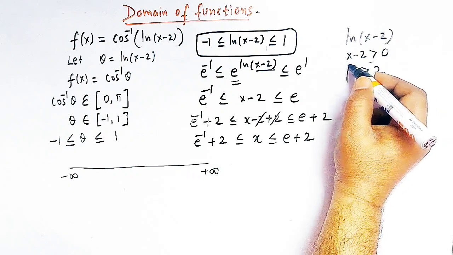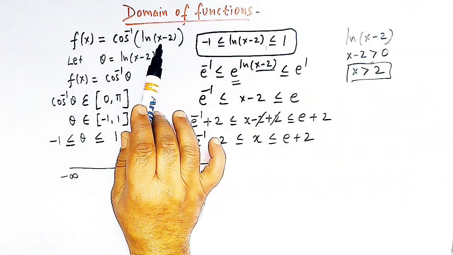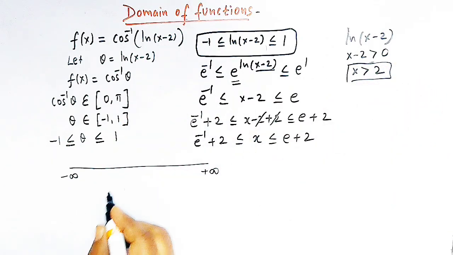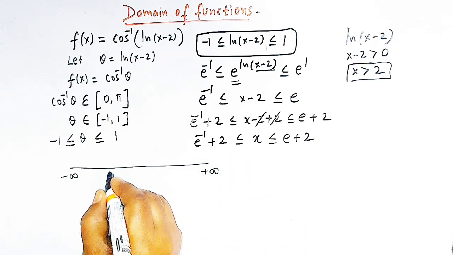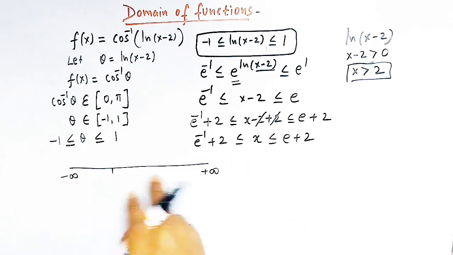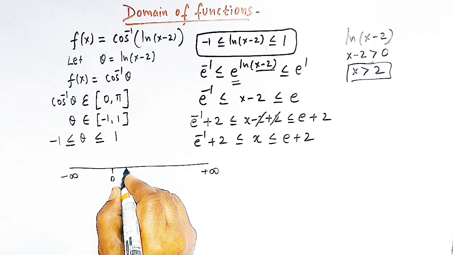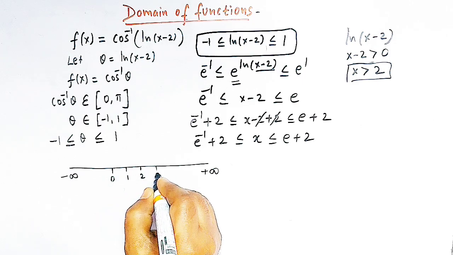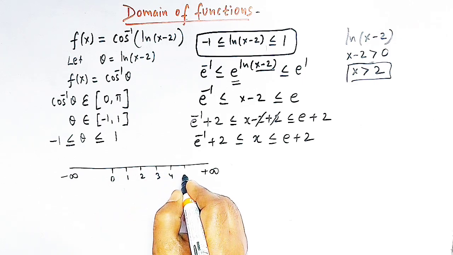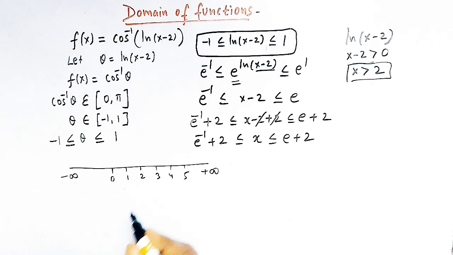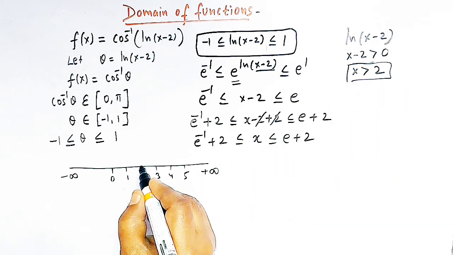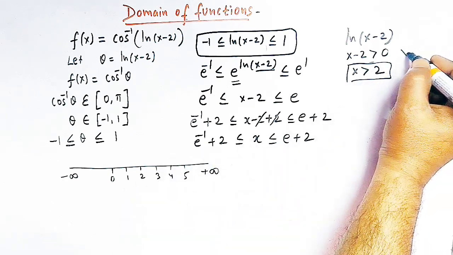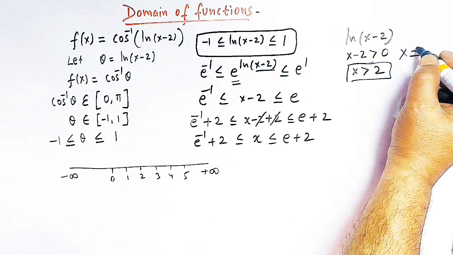And here the first condition is that x should be greater than 2. So here for simplicity, let us represent the numbers like this, that is 0, 1, 2, 3, 4 and 5, right? And here x is greater than 2, and here it is important to note that x is not equal